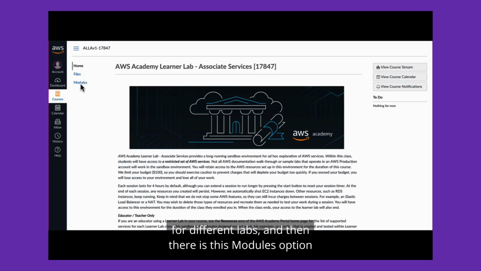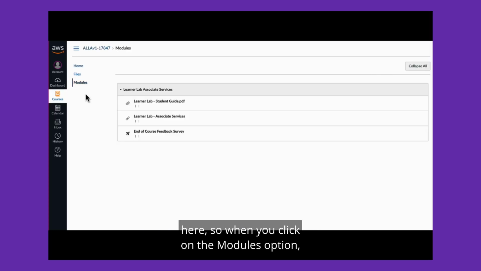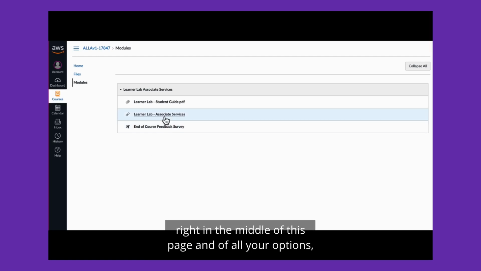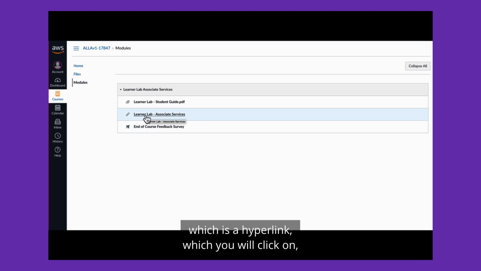And then there is this modules option here. When you click on the modules option, it will bring you to this page where right in the middle of all the options, there is this option for Learner Lab Associate Services, which is a hyperlink which you will click on,